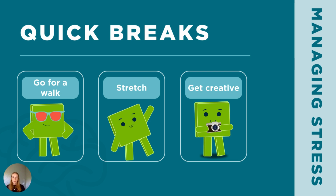And so another great break activity is stretching or yoga. Physical movement, like we said, is a great way to alleviate stress. We carry a lot of our stress in our bodies. If you're anything like me, you're going to carry it especially in your shoulders and in your jaw. And at the end of the day, you're sitting there moving them back and forth, trying to unwind, release it. And so taking repeated, timely, intentional breaks to really stretch out your body